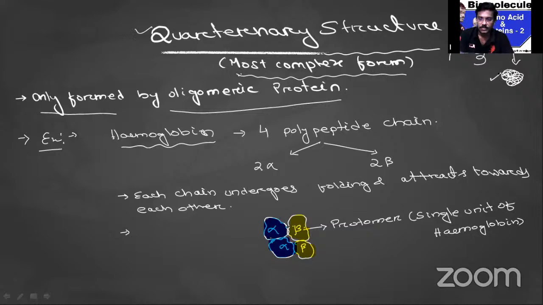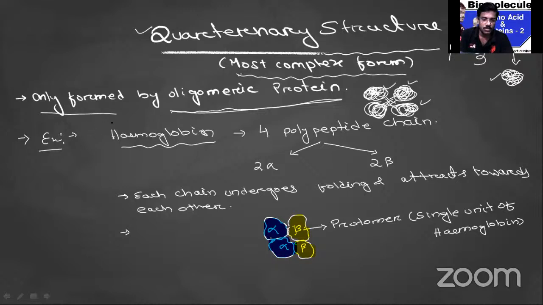This is one tertiary structure. In the quaternary structure, there will be involvement of oligomeric protein. Oligomeric protein means there is involvement of more than one polypeptide chain. This is one polypeptide chain, this is another, and another. Suppose there is addition of four polypeptide chains that are connected with each other, so this is the quaternary structure of the protein.